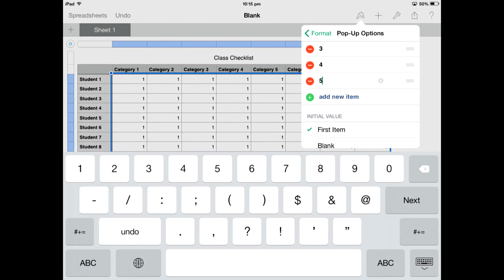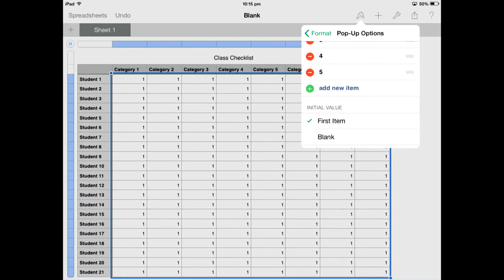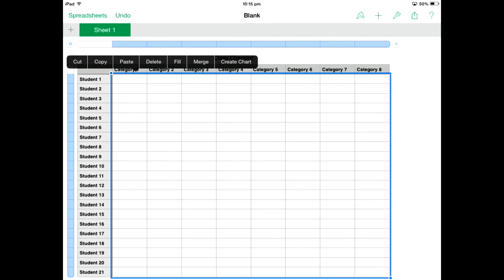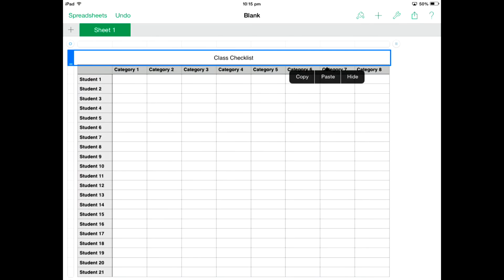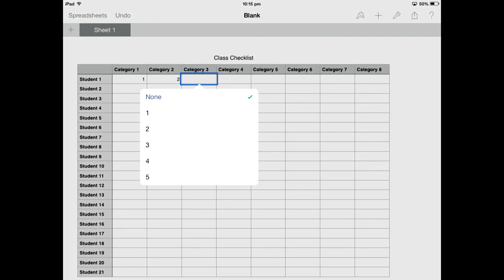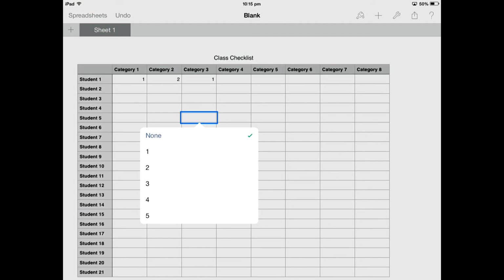So that the default item is blank, you need to change the initial value to blank. You could leave that at 1 if you'd wish, if you wanted to set all students by default at 1. And that's essentially it. You may wish to export this spreadsheet